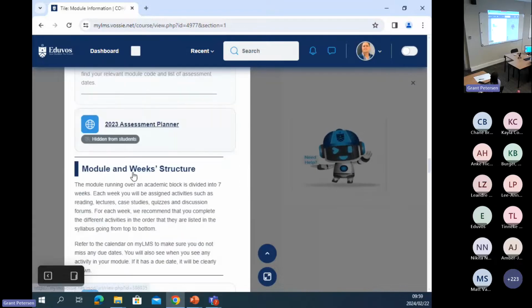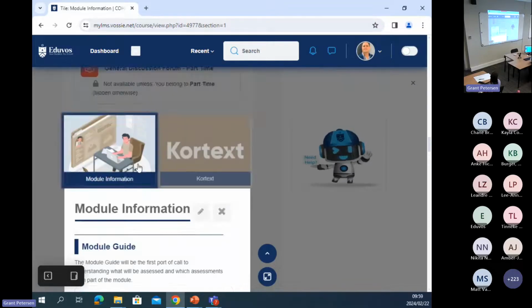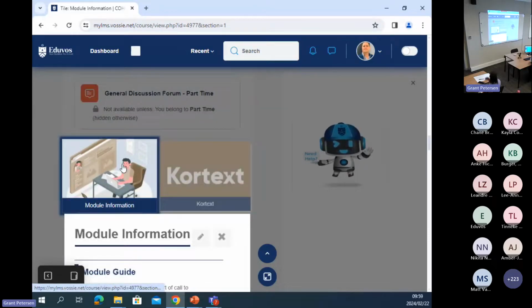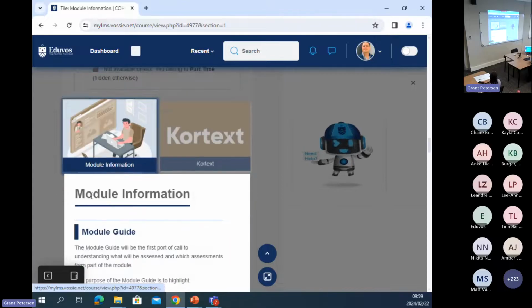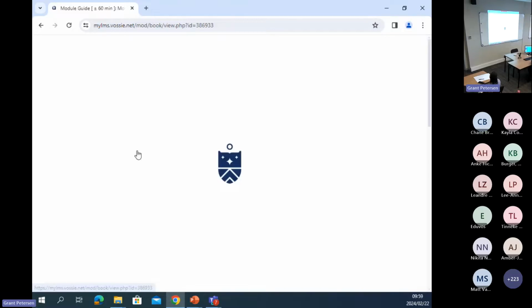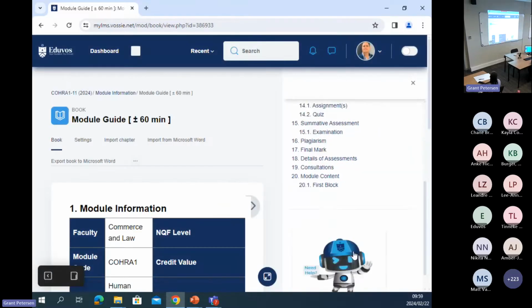Right, just to use an example, where do we get the module guide again? In which tile? Module information is the module guide. Right, okay. So in module information, let's go into the module guide again. Say, for instance, you feel that this detail of assessments,